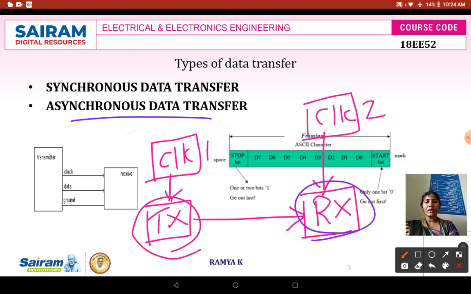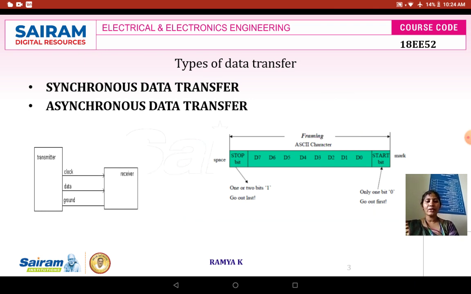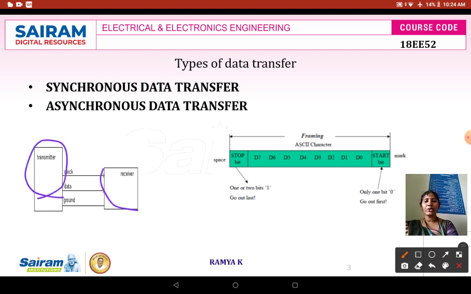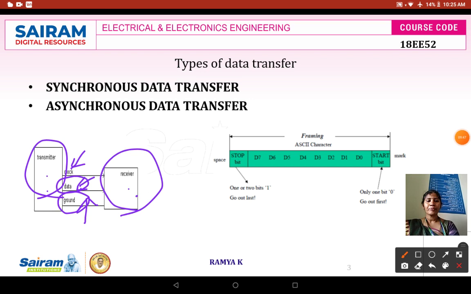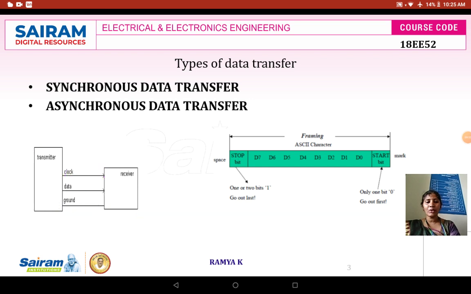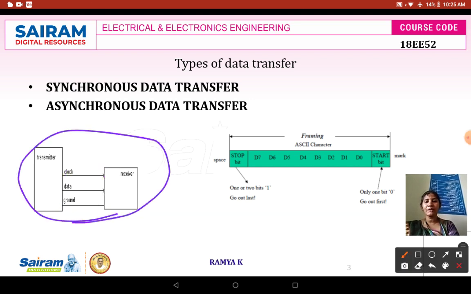So you could see here a diagram representing the data transfer between your transmitting end and your receiving end. Here three signals are there. First one is your clock, second one is data, third one is your ground. The clock pulse represents whether your transmitting end and the receiving end are operating at the same frequency. And data is the one which we are going to transmit from your sending end to your receiving end. Ground is just to bypass the unwanted signals. So this is the general block diagram representing the nature of data transfer with the clock pulse.